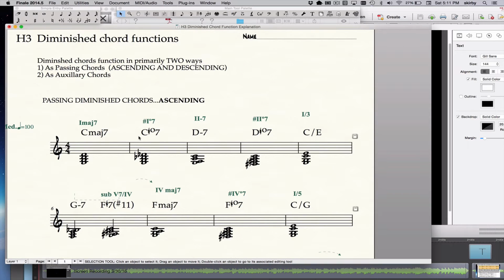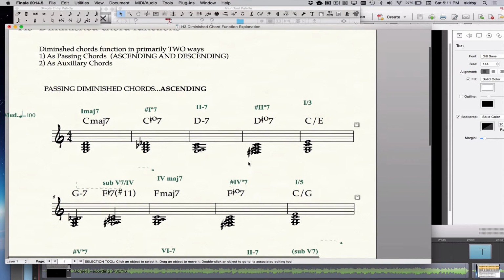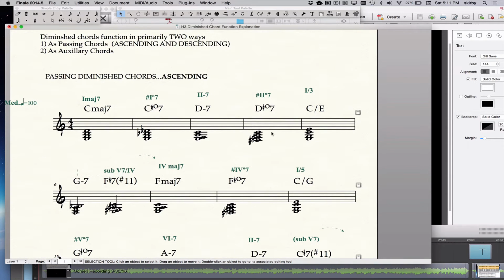When they're ascending, they're called sharp. This is sharp 1 diminished. This is sharp 2 diminished. The most common ones are sharp 1, sharp 2, sharp 4,